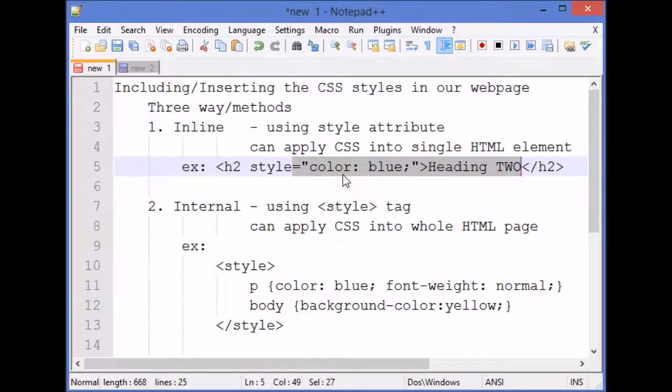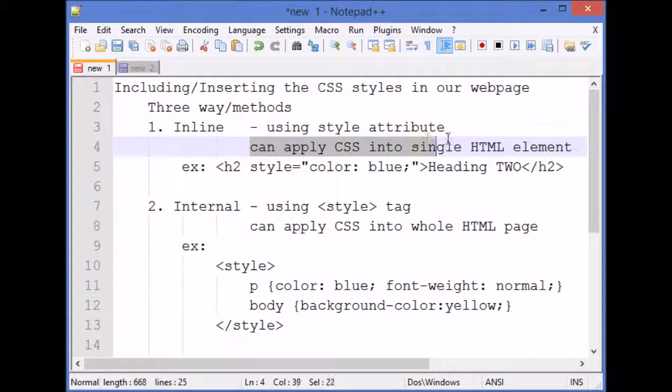So you can see here, the inline method can apply CSS to a single HTML element, right? So if you want to apply the CSS rule to a single HTML element, then we can use the inline method. But there is another method of applying the